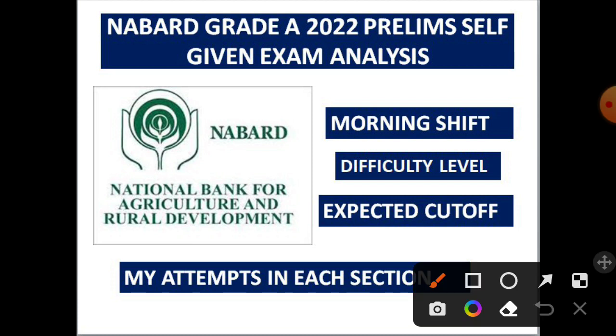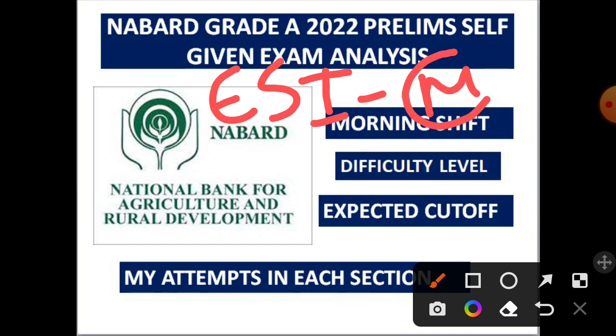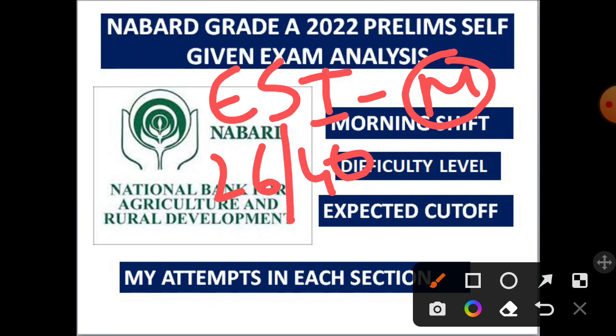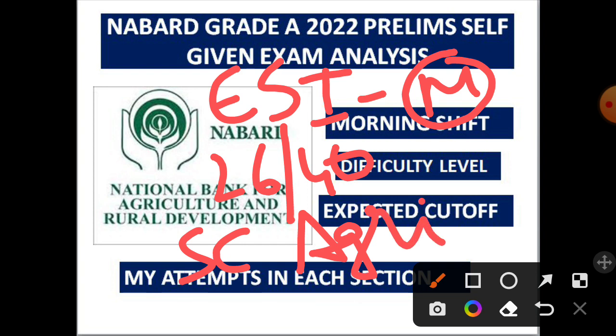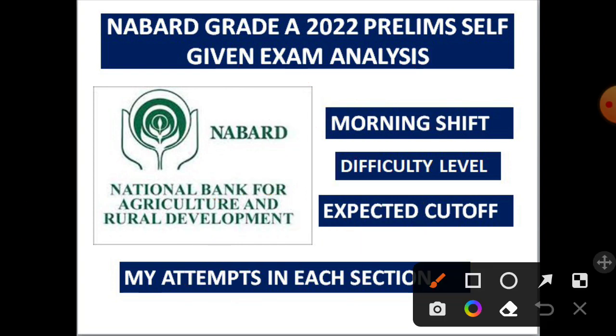Next comes the ESI. This was the part which was moderate for me, since I had not prepared, and still I was able to attend 26 on 40. It's not like I'm 100% confident about the accuracy, but I took some random guesses in some of the questions and some intelligent guesses, and more questions were based on schemes, and also some schemes with respect to the agri sector itself. Since NABARD concentrates more on the agriculture sector, schemes with respect to this will be more.